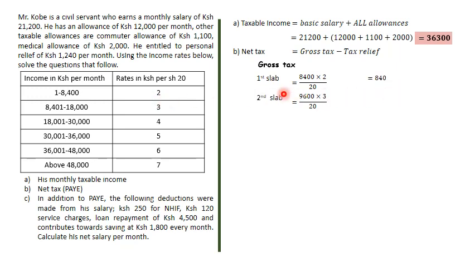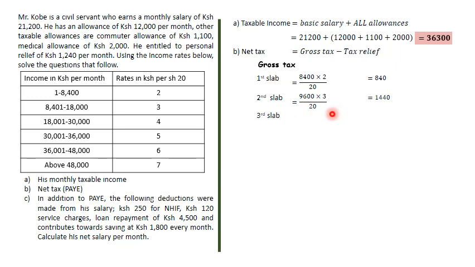The second slab is going to be the same. We're going to ask ourselves, how much income is in this bracket? Obviously, it's going to be 18,000 minus 8,400. That figure, which is 9,600, we divide by 20 to get the number of 20 shillings there are. For every 20 shillings, the person is charged 3 shillings, and so we multiply that by 3, which gives us